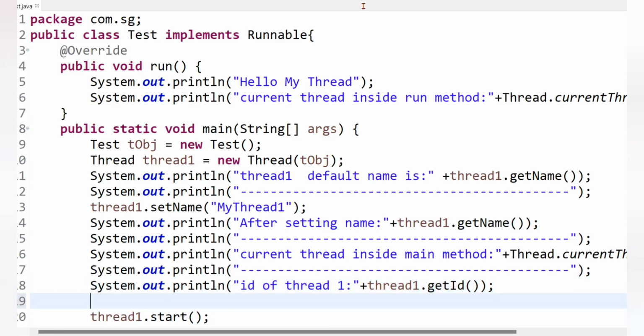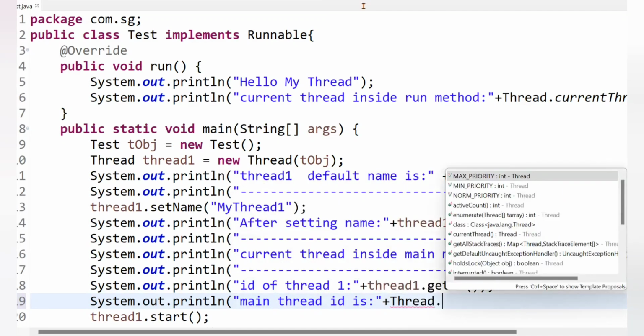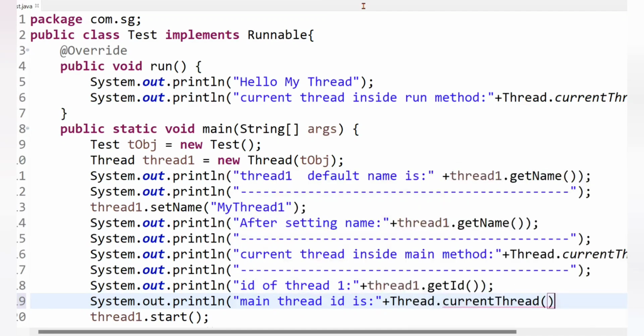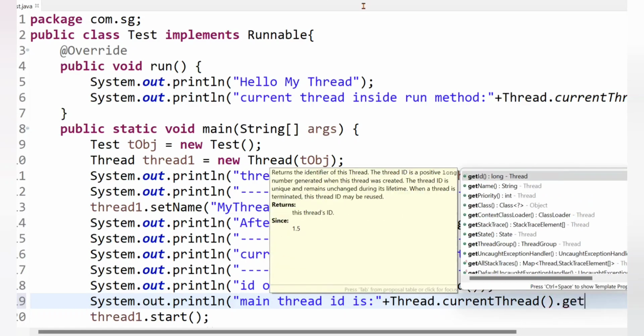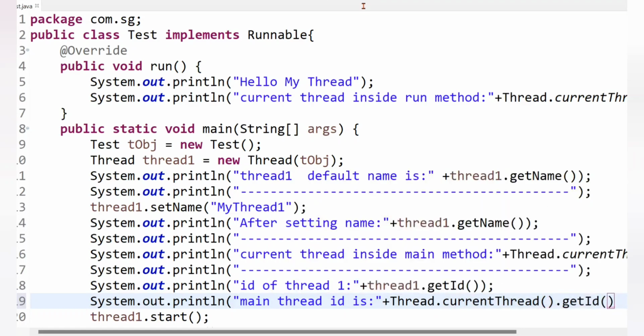Similarly, we can identify the currently executing thread. The currently executing thread inside the main method is the main thread, right? So we can write "main thread ID is", and here we will have to write Thread.currentThread().getId().